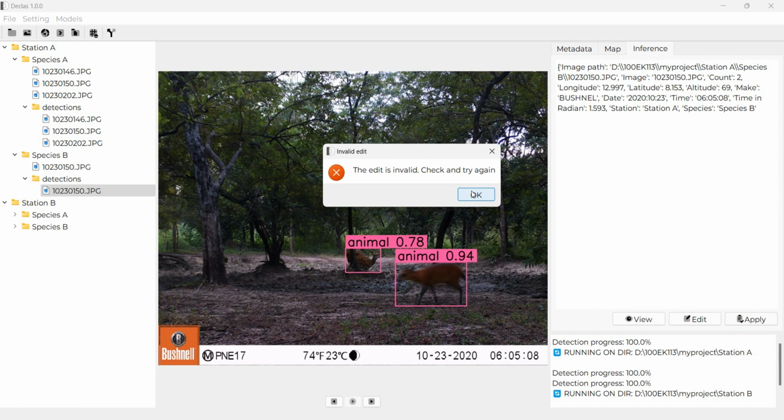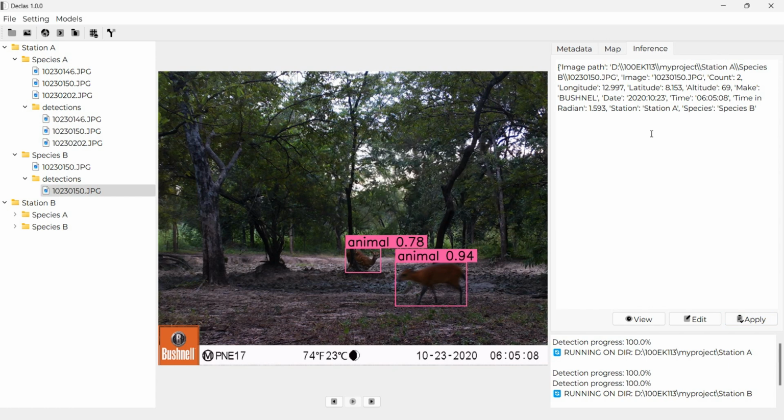So edit is very sensitive. Pay very close attention to what you do here. Let me do Control Z to close, and I do apply. You can see my edit is applied successfully. So that is all we need.